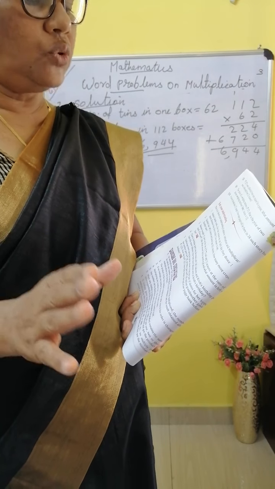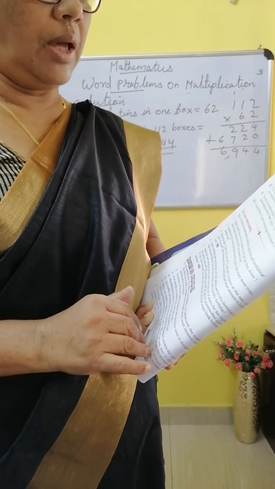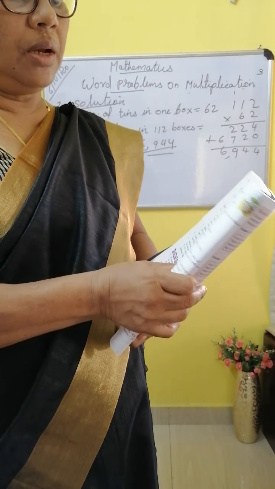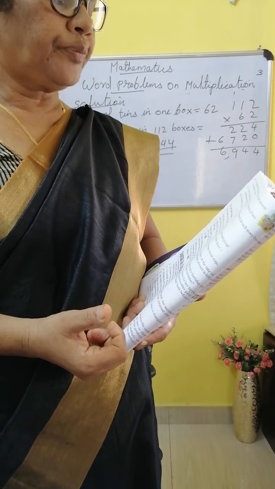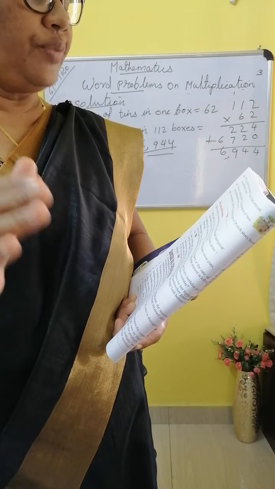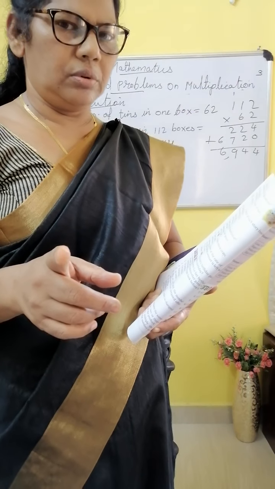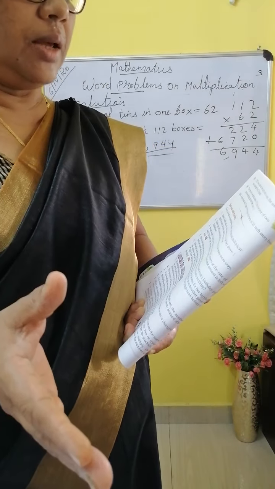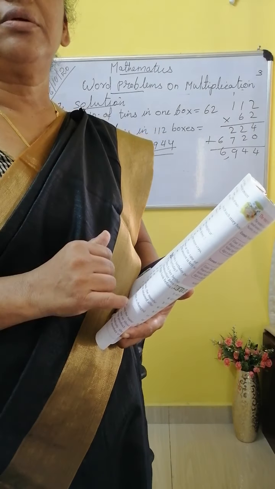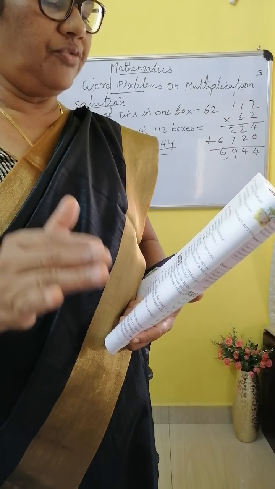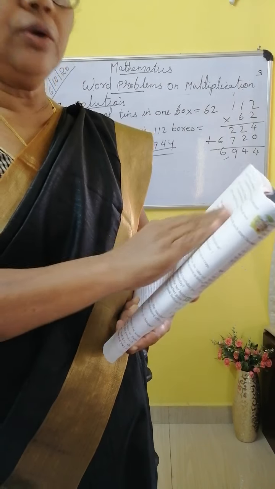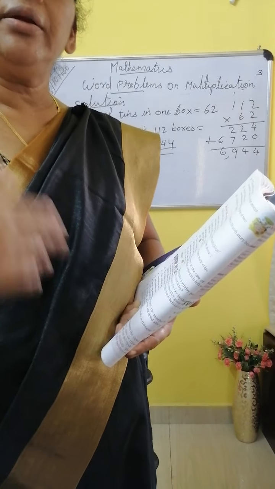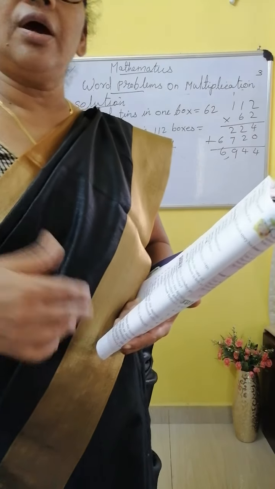Then, next question number 10. A storybook has 215 pages. How many pages will be there in 38 such storybooks? Easily we can find out from the first sentence, number of pages in one storybook. Then second statement, number of pages in 38 storybooks: multiply 215 by 38. Then you will get the answer. So you can do it as homework. If you can show me after doing it.